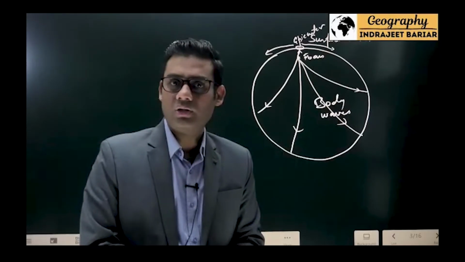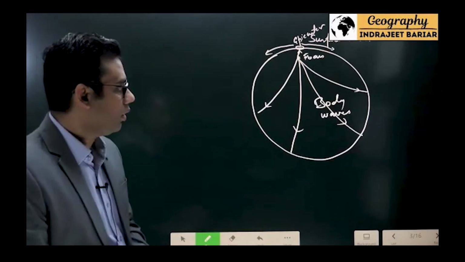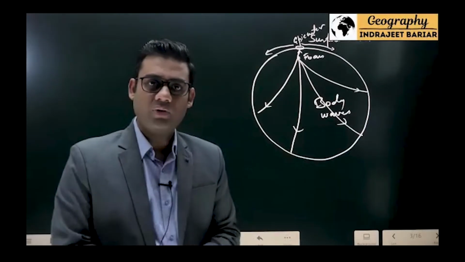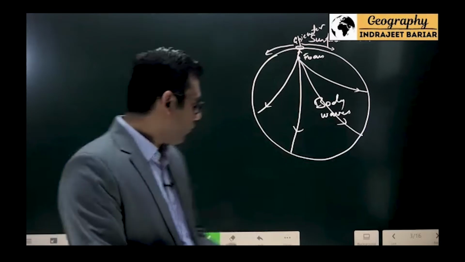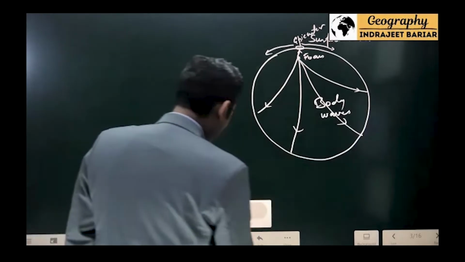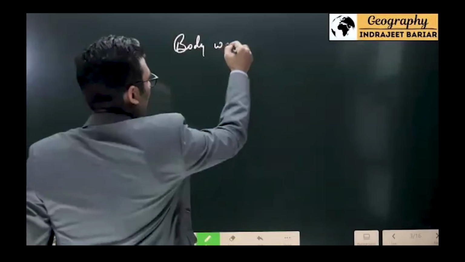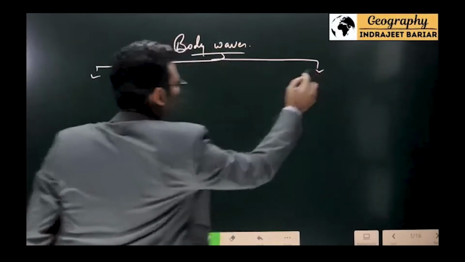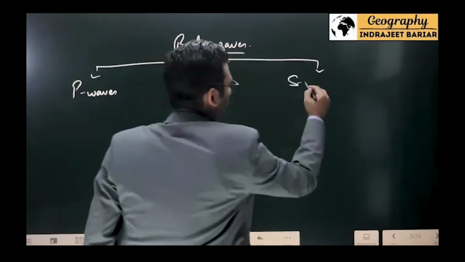And so in this case, when we talk about these body waves and surface waves, what I can see very straightforward is, first of all, the difference between these two. That is the first thing that we have to know. So first we are talking about body waves, and body waves can be of two different types, which are P waves and S waves.